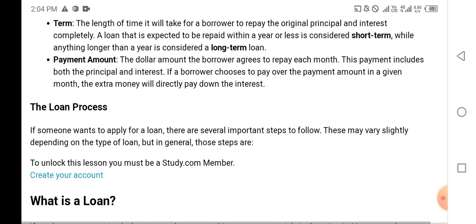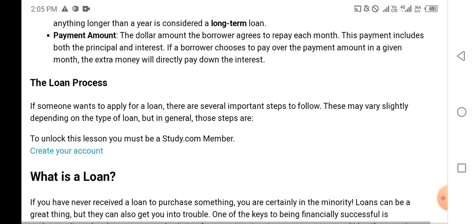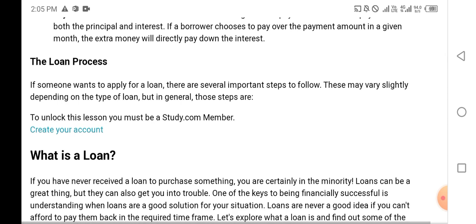A loan that is expected to be repaid within a year or less is considered short term, while anything longer than a year is considered a long-term loan. Payment amount: the dollar amount the borrower agreed to repay each month. This payment includes both principal and interest. If a borrower chooses to pay over the payment amount in a given month, the extra money will be directly